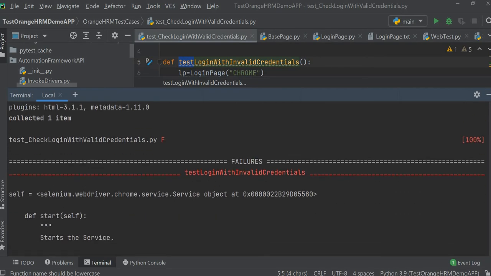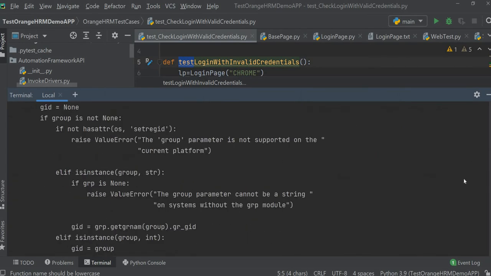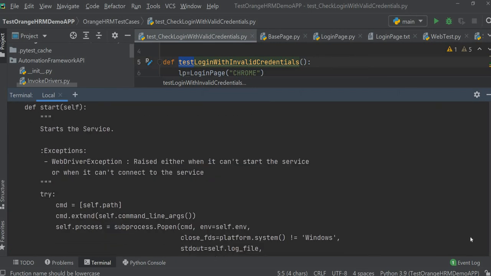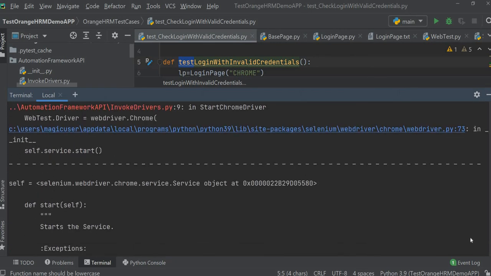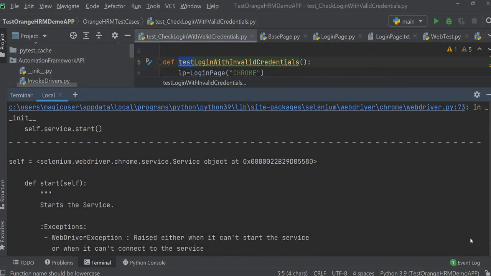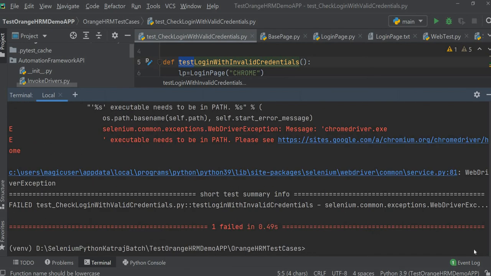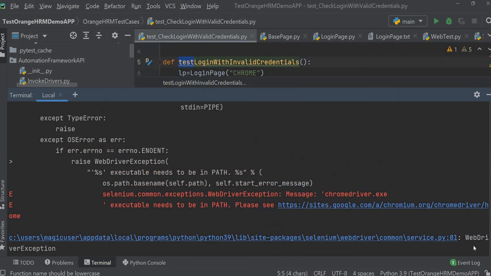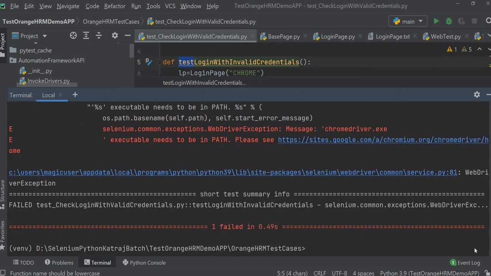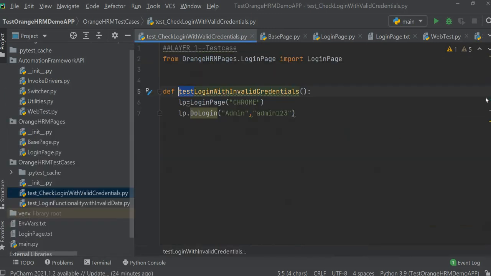But I have already kept it in a, I mean, we have mentioned the path, that's not a problem. Then why is it giving us the error? Let me see. Executable needs to be in path, but why? We have given you a path, right? Why does it need to be in a path environment variable? Let me check. Just a minute.